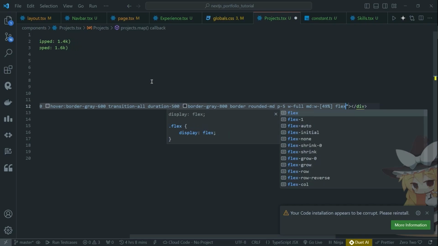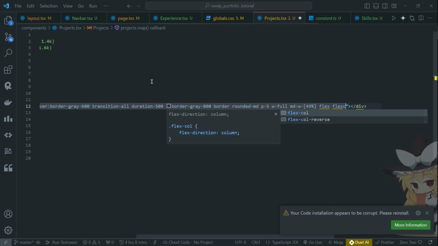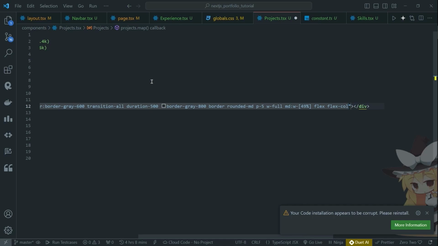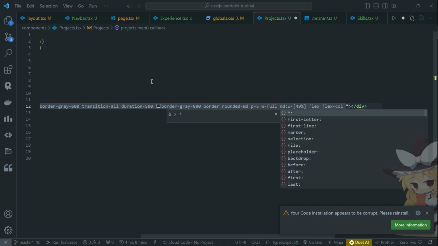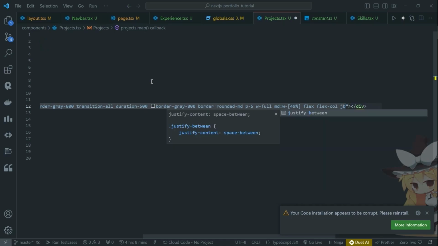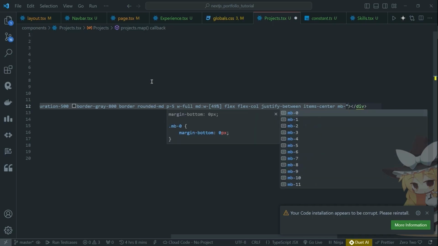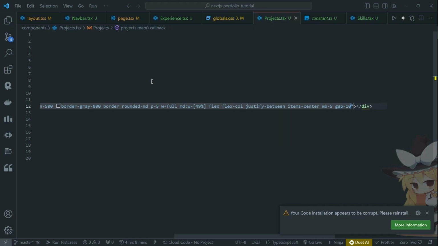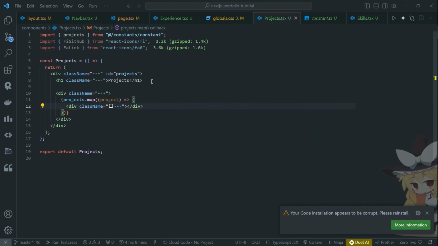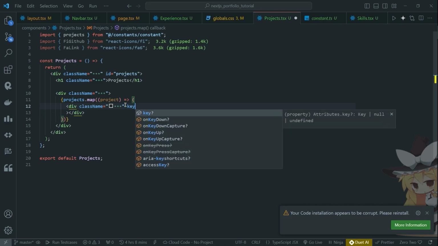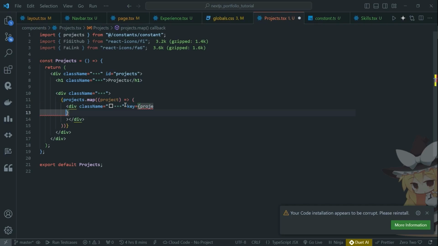Then we will do flex column for small screens, justify between, and item center, margin bottom 5, and gap of 10. Save it. After that we can also give it a key. Key will be project.id,